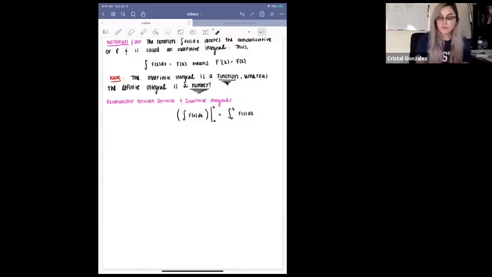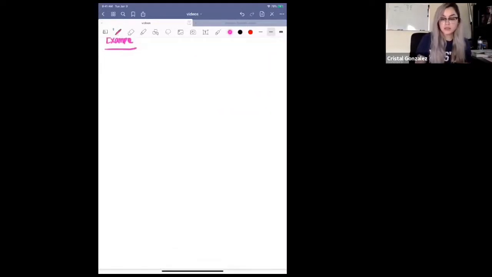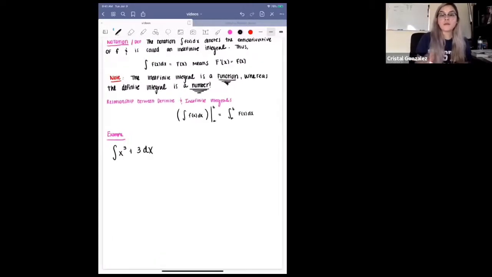So let's do a few examples so that you actually maybe understand this a little bit more. For example, if I take the integral, and I'm going to do the indefinite integral, so that means my bounds are not defined, of x cubed plus 3 dx. Okay, so I know that if I want to evaluate this, I have to take the antiderivative of